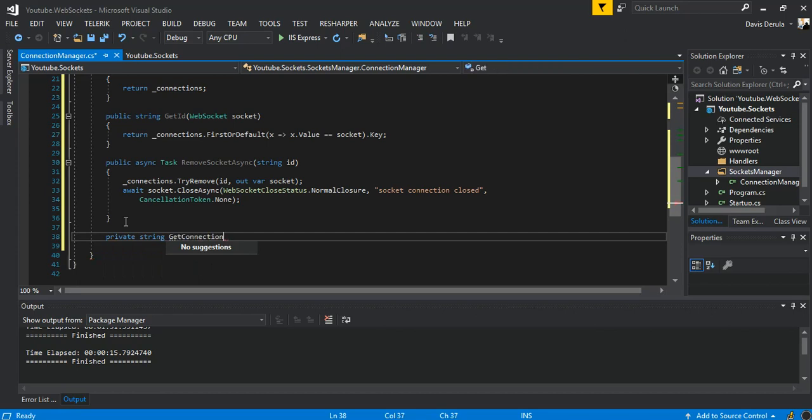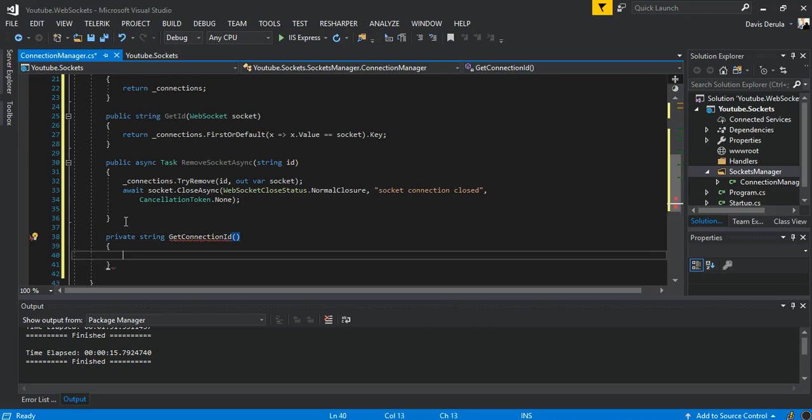So as you can see, it's looking pretty simple. So the next bit of course is